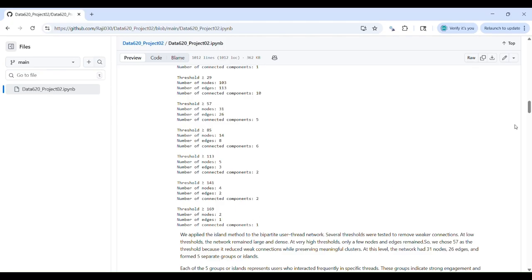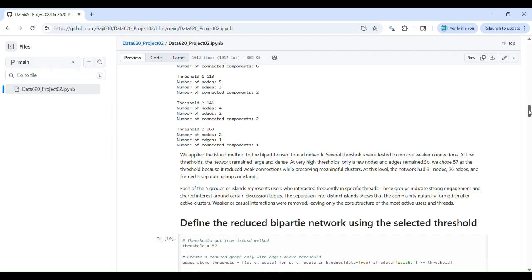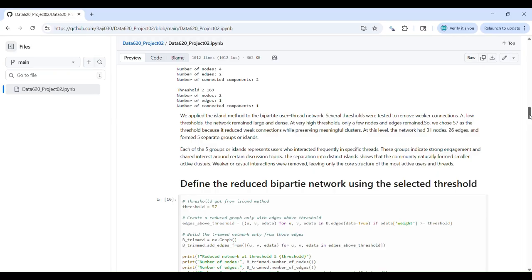So by analyzing these islands, we selected the 57 threshold because we found that this is the threshold which reduces the weak connections while preserving the meaningful clusters. At this level, we found the network had 31 nodes and 26 edges, and formed basically 5 separate